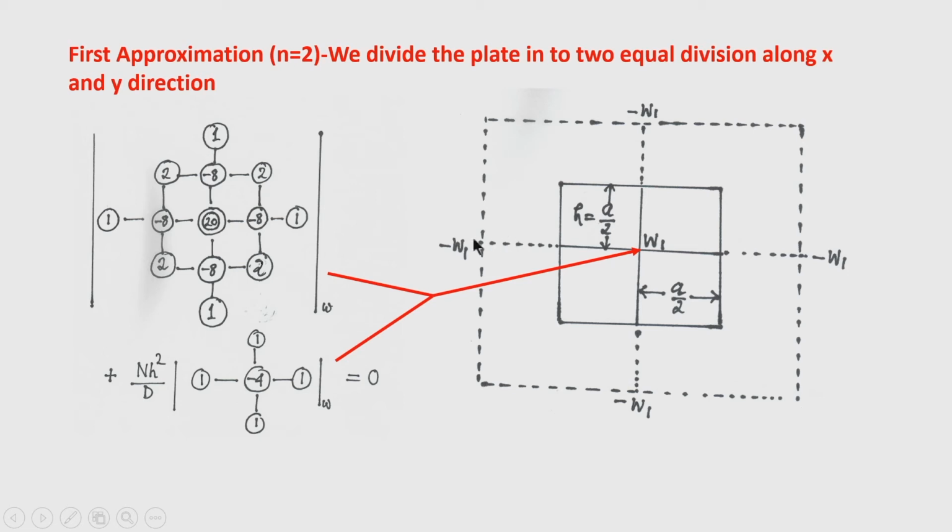So, the other 2 nodes fall outside the boundary and we have given them W 1, but with coefficient minus 1, because I have shown you that for the simply supported case, if the deflection of the imaginary point is W 1 and the corresponding image point is W 3, then W 1 equal to minus W 3.